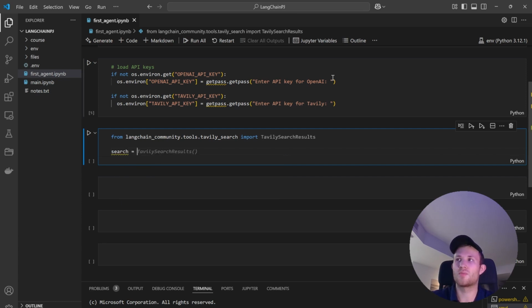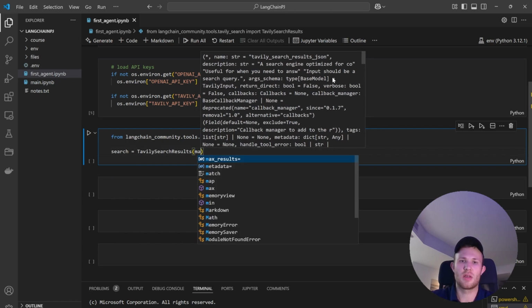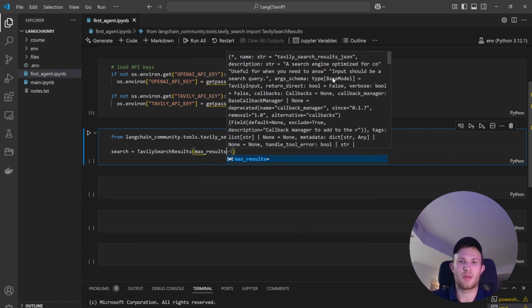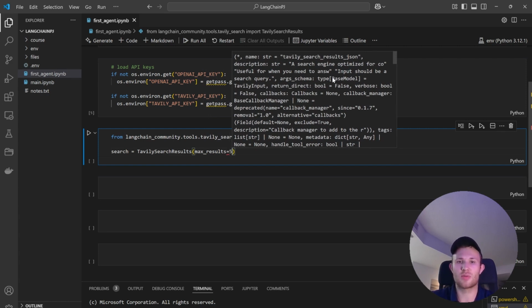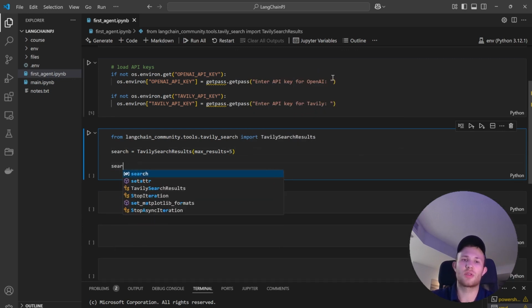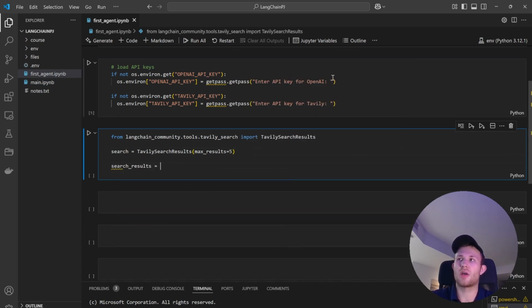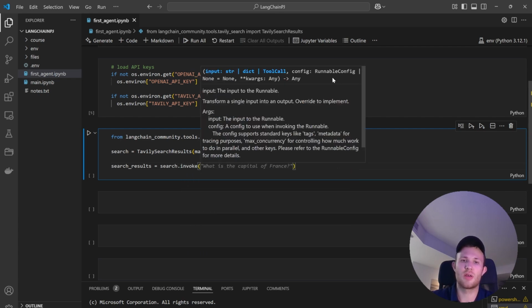So we have to, first of all, initialize our Tavily search results instance, where we need to define how many results you want to get from the search, the maximum number of results. Let's say we want to return a maximum of 5. And then we will need to run our search, which is similar to the LangChain command to the LLM modules. It's also the invoke method to run this